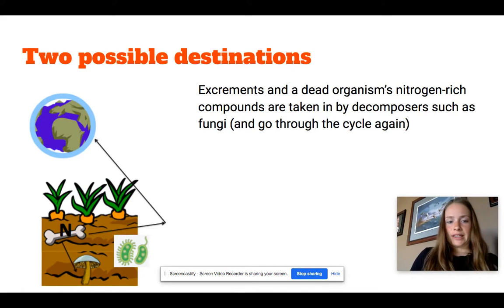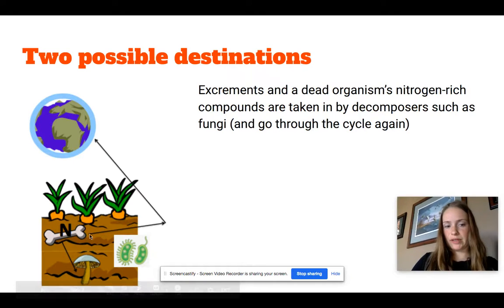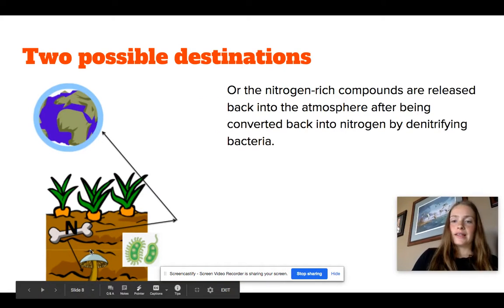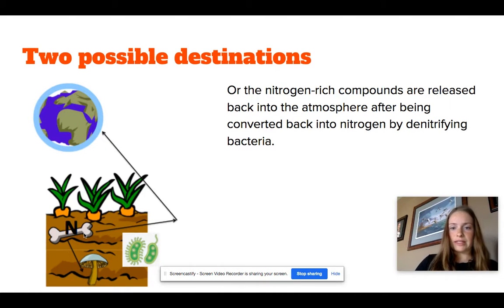And then finally, there are two possible destinations. One of the destinations is that it will just stay in the soil, but it will continue to be decomposed by these fungi. And later it will go through assimilation again, where it will become available to the producers and then consumed again throughout the food chain, etc. The other option is that the nitrogen-rich compounds are released back into the atmosphere after being converted back into nitrogen